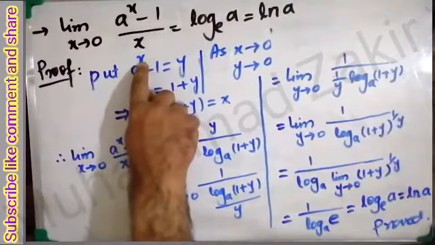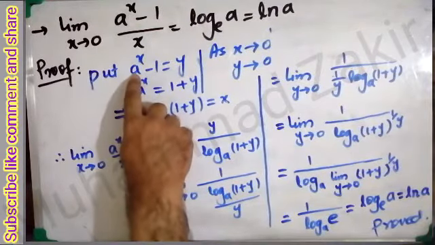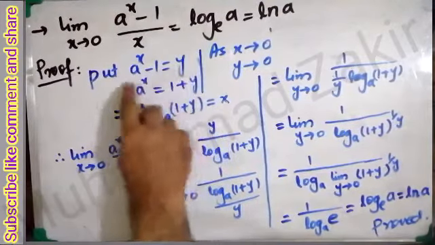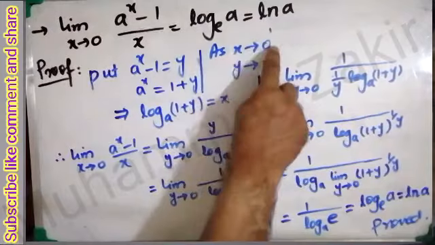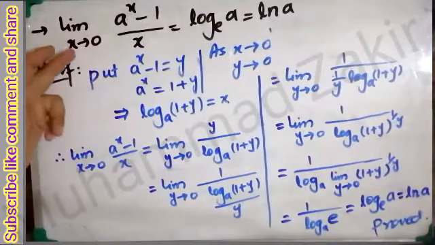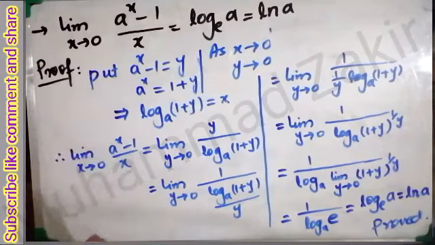अब एक और बात देखें, यहाँ पे अगर x अप्रोचेस 0 है, x की वैल्यू 0 लिखेंगे तो a पावर 0 बनेगा, a पावर 0 1 हो जाएगा, 1 माइनस 1 0 हो जाएगा तो y भी 0 हो जाएगा, x के 0 होने से y भी 0 हो जाएगा। सो मैंने ये लिख दिया एज x अप्रोचेस 0, y आल्सो अप्रोचिंग 0। जाहिर है यहाँ एग्जैक्ट 0 की तो बात नहीं है, x अप्रोचेस 0 है तो y भी 0 को अप्रोच करेगा।